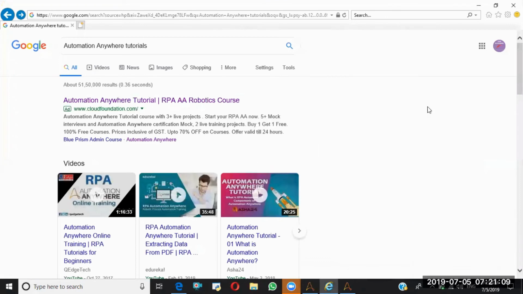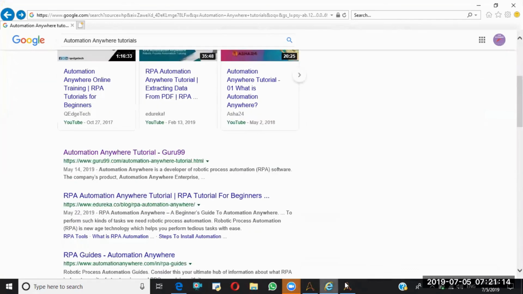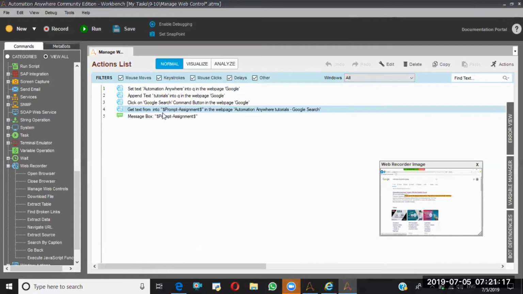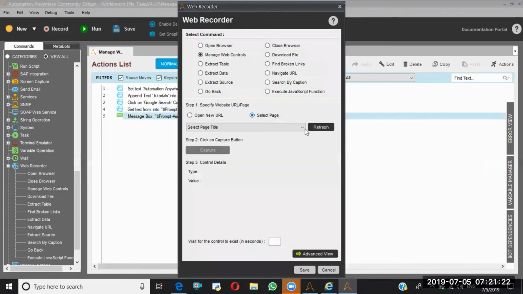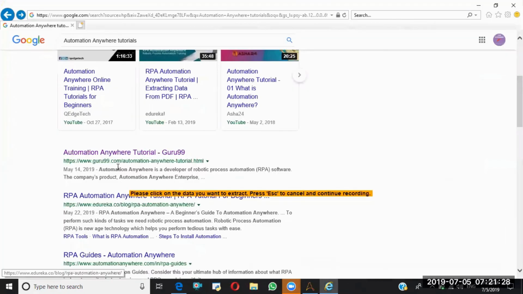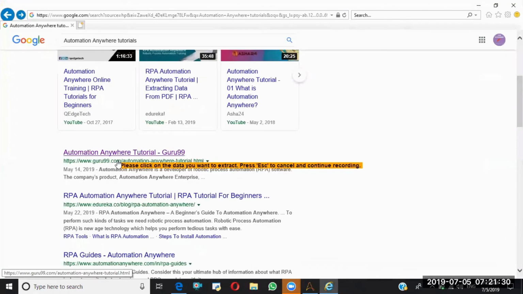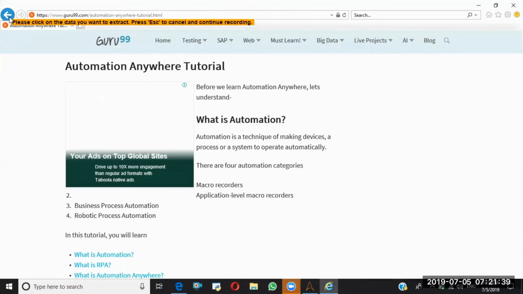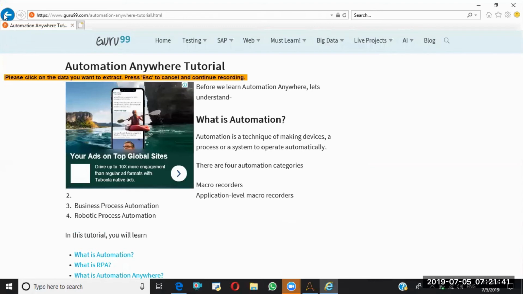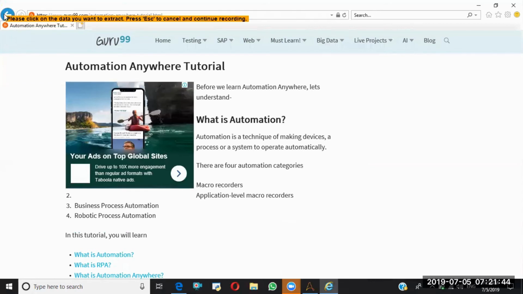And now let me try to capture one more URL, which is here. Again, manage web control, page, automation event tutorials. I'm going to capture this one. What is this? See, this is not allowing you to spy the URL.